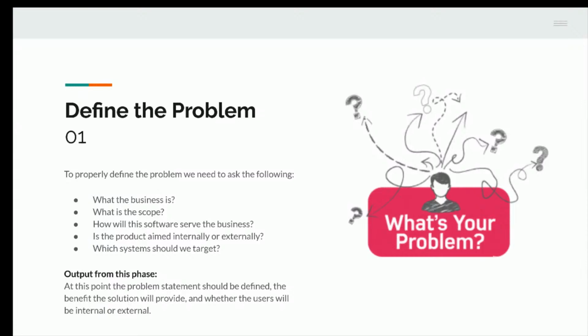So if we're aiming a product internally, that means that the users using this are going to be company employees, right? Which means that they're going to be paid to utilize this product to successfully complete their jobs. If it's external, that means that I'm going to have outside customers using my product. Why is this an important question? Well, the fact is that when internal employees are using your product,